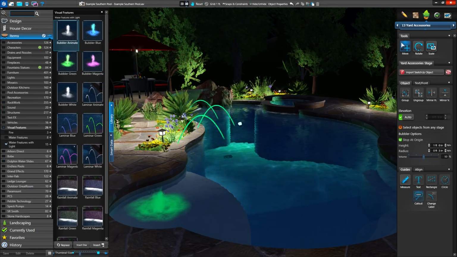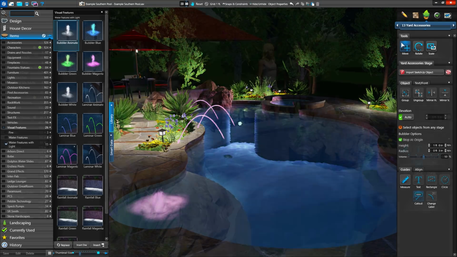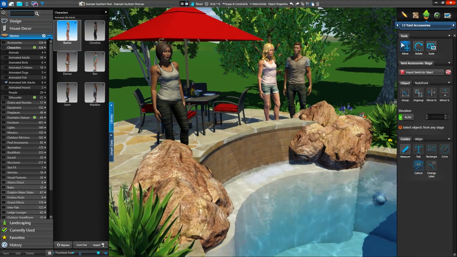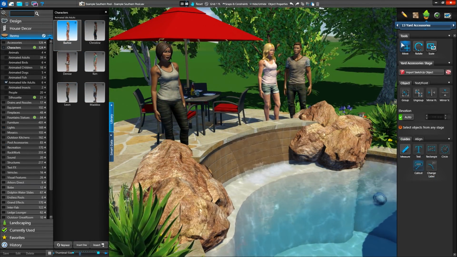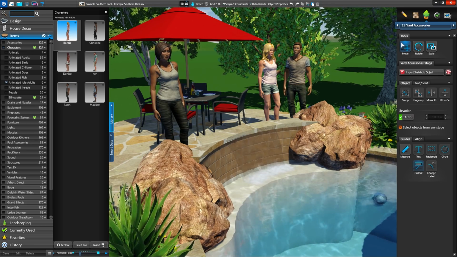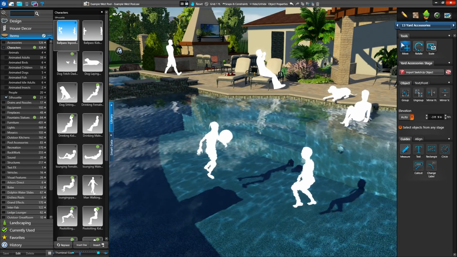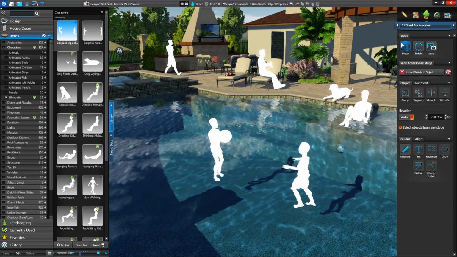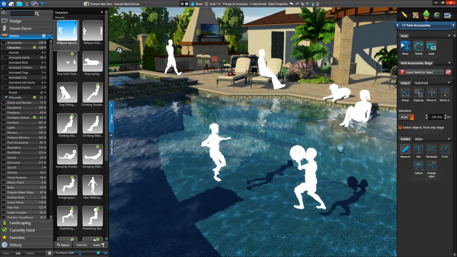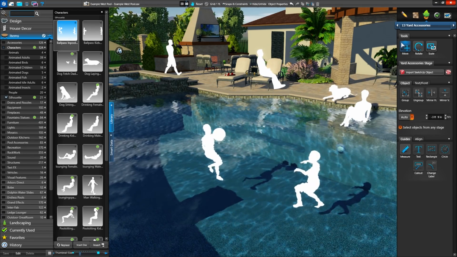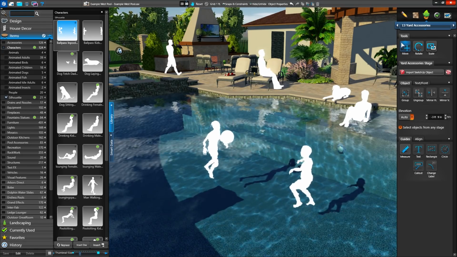New in the library, animated color-changing bubblers and laminar jets are now available. The new water features will even sync up automatically with the color-changing pool and spotlights. And in the characters category, we'll find 6 new standing adults, helpful for adding a scale to the 3D world. Also found in the characters category are new silhouettes. These solid character models offer a new artistic way to show your clients how their space will feel once it's